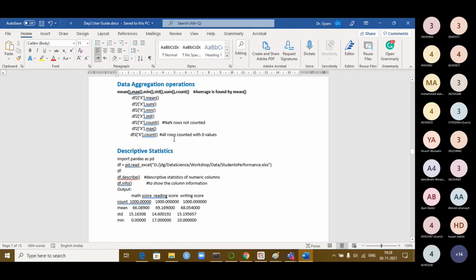Okay. Now suppose you have 0, all rows are counted. If you don't have zeros and NaNs are available, those rows will not be counted. You see here the df2, when I say count, NaNs are not counted. Even in Excel, when you make a sum value in the Excel sheet, the empty cells are ignored. Same case here, NaNs are not counted, but actually there is a row, there is a cell. It may not be properly done when you are manipulating the cells, so you must be careful. So NaNs are not counted, whereas other rows with 0 values are counted. That is the reason we're trying to manipulate it.